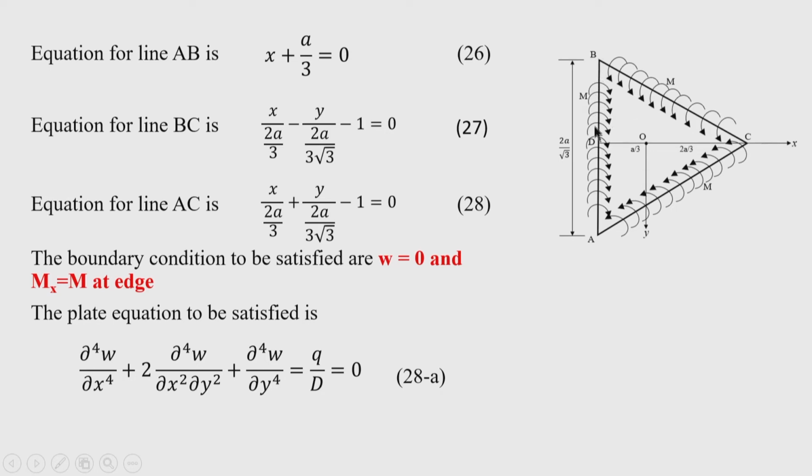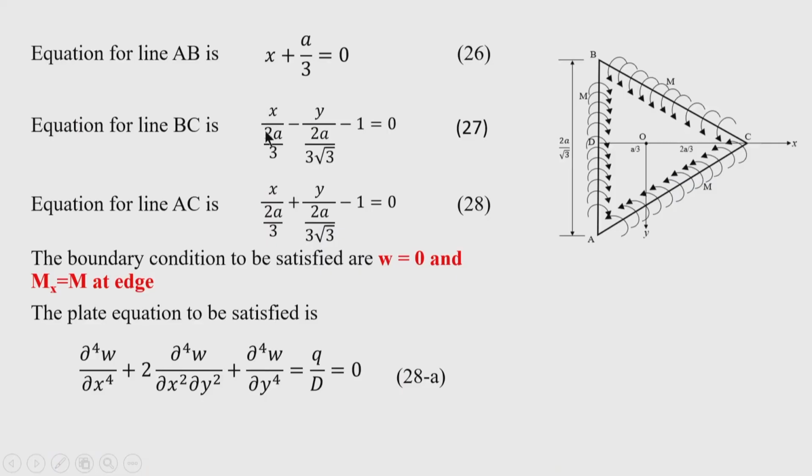Okay, when we find this intercept BD for that line with the y axis, then BD will be this length into tan 30. Therefore, this condition is appearing. Now, one important thing you are seeing here: since the y axis is taken downward, the intercept is here, this length. So obviously, it is 2a by 3 into tan 30. Since it is taken downward positive, therefore the minus sign is coming here.